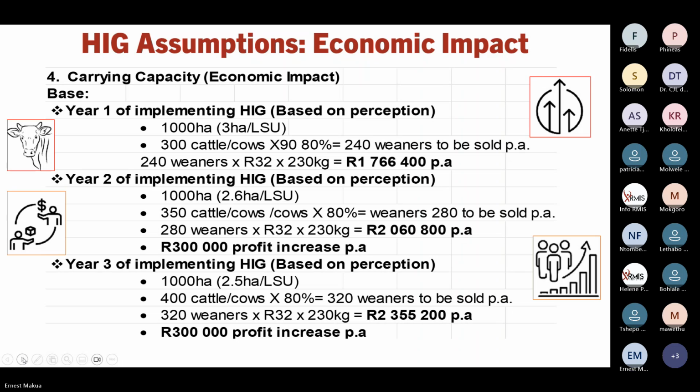Now, let's talk about the base carrying capacity of your camps. Let's say you are on the first day of implementation. The land size is 1,000 hectares, and the carrying capacity is 3 hectares per livestock unit in the first year. Instead of doubling or immediately increasing the carrying capacity of your camps, let's say you start with 300 cattle. You say 300 cattle times